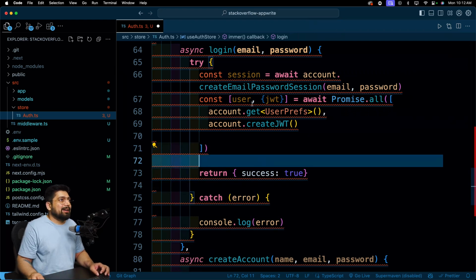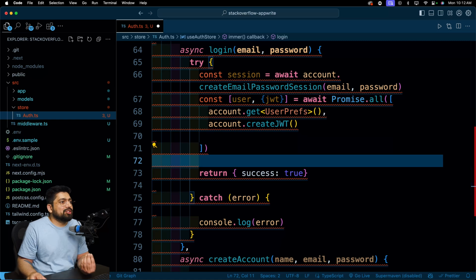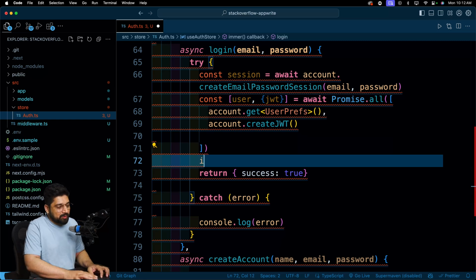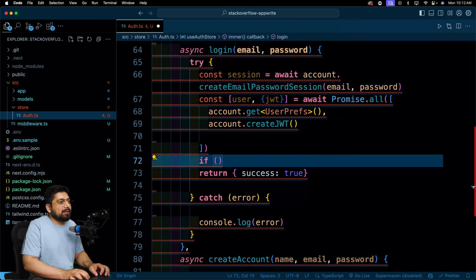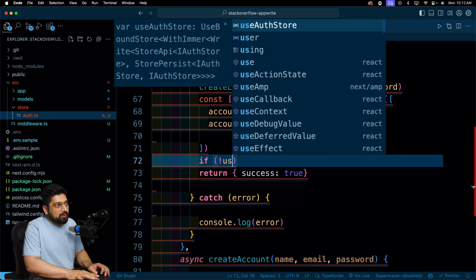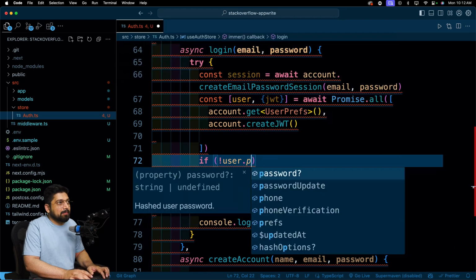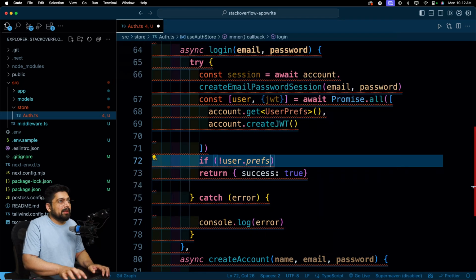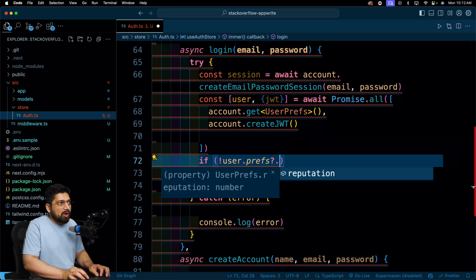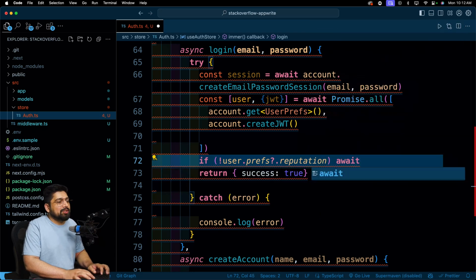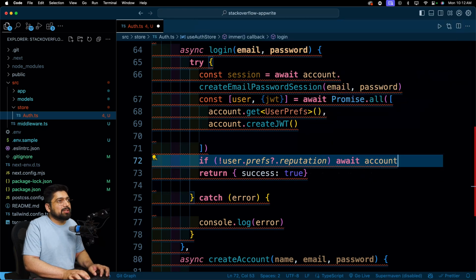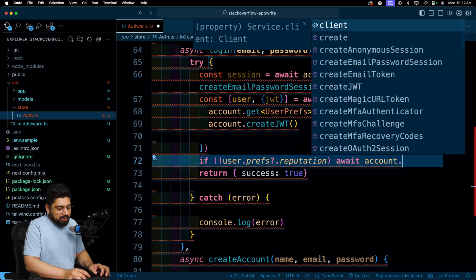So now we have at least an object of user and JWT. What should we do next? Set the reputation of the user if it doesn't exist. So let's run a simple if statement. And we're going to go ahead and say if there is no user.prefs and optionally there is no reputation, then we simply go ahead and say await account.update